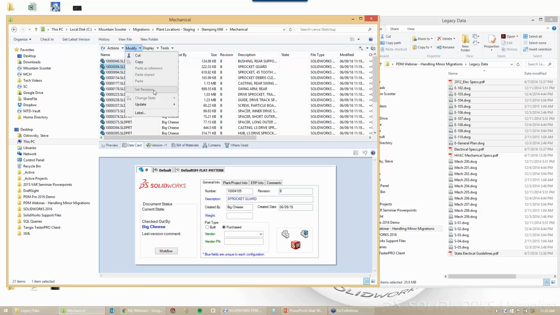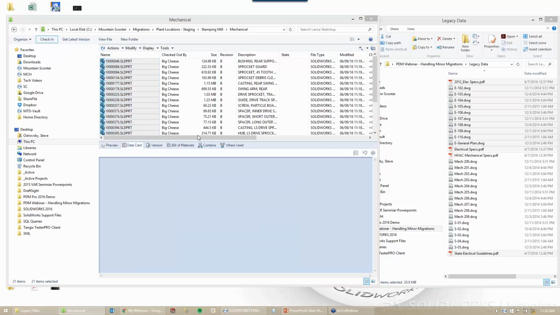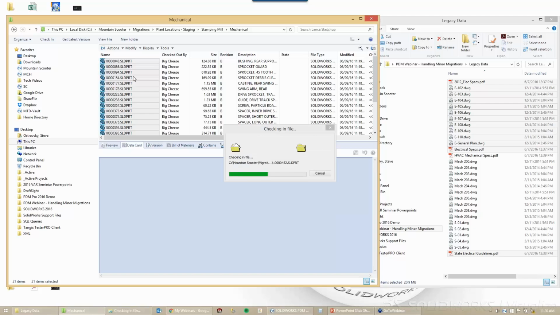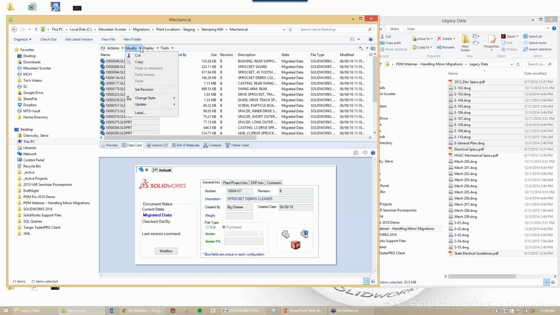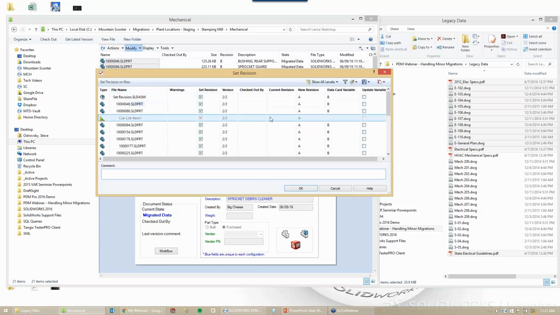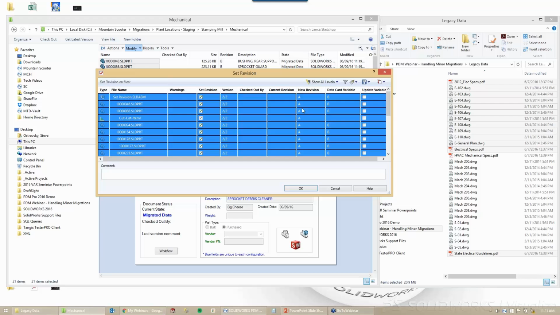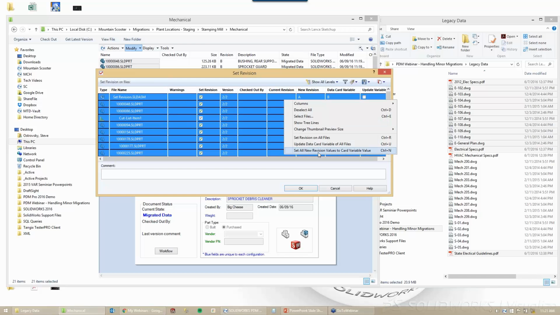Now, if you notice, it's grayed out. The reason it's grayed out is because these files have to be checked in order to run it. So let's check these in real quick. And after checking them in, then I can run the set revision. There's a little bit of setup on this. You've got to set your workflow up to accept the revision value. But once you've done that, then you can select all this and notice the new revision value is A. That's what the system thinks the next revision value is, but we want it to be B. So select the files, right-click anywhere in here, and down at the very bottom